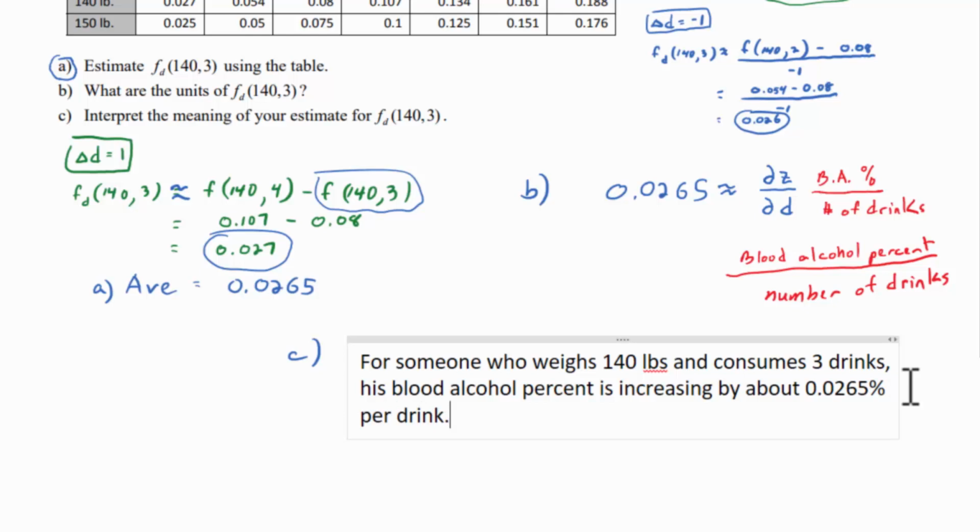For someone who weighs 140 pounds and consumes 3 drinks, his or her really, blood alcohol percent, I mean, actually, that might not be accurate, right? It might be different for male and female, so we're being a little loose here. But it doesn't specify, yeah. For someone who weighs 140 pounds and consumes 3 drinks, his or her blood alcohol percent is increasing by about 0.0265% per drink. I don't know if that's accurate or not. It's just a problem. I got that table off the internet. Might not be accurate, but it was a problem that I could use to illustrate how to find numerically approximate a derivative. That number seems low to me,